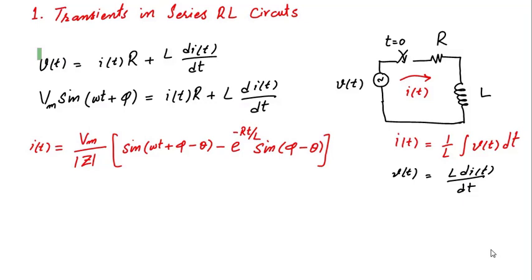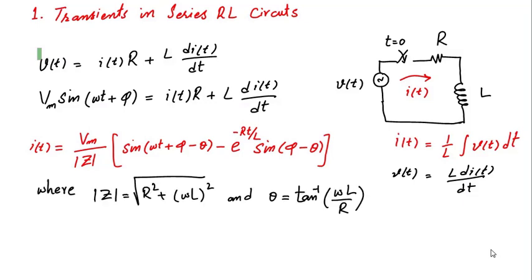So here we have introduced new terms in this equation which do not appear directly in the above equation. Let's see what these new variables are. Here Z is the square root of R squared plus (omega L) squared, which is the impedance of the circuit, and theta is tan inverse of omega L over R. That will be the angle known as the impedance angle. So these are the two new things that have been involved in the above equation.